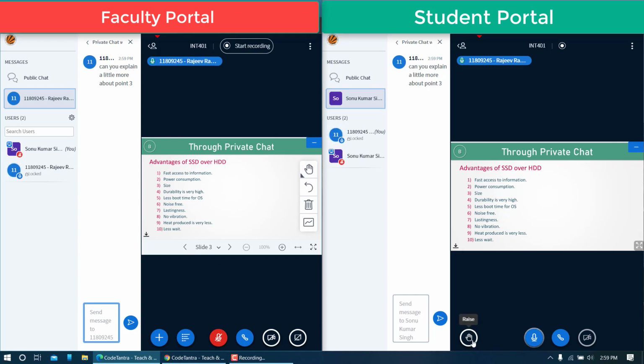So if you'll see a button here, let us say teacher is teaching something, and in that case if you'll speak directly, then the problem is he will get disturbed. So what you can do is, you will click on raise hand, and the moment you'll click on this raise hand button, there will be a raise hand icon here in front of teacher screen, on the teacher screen.